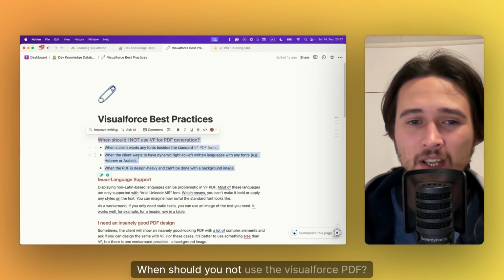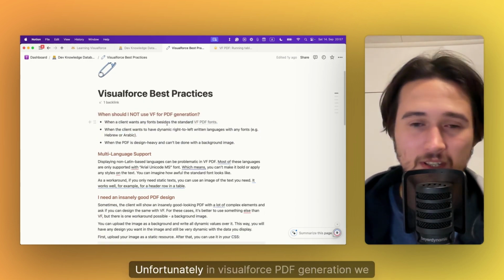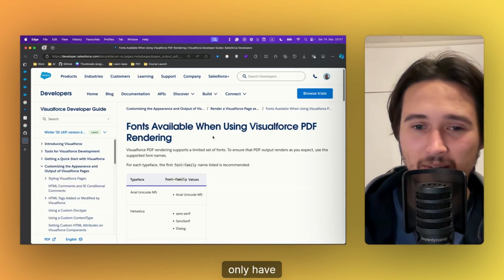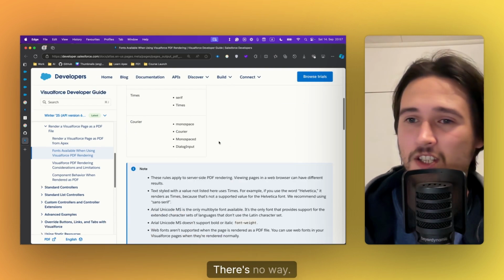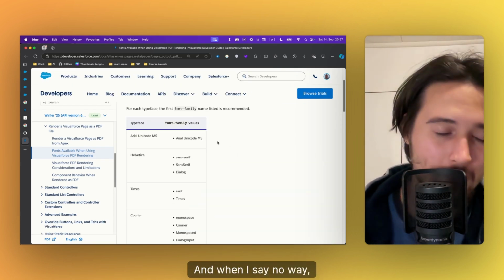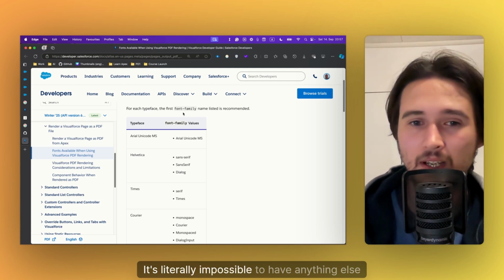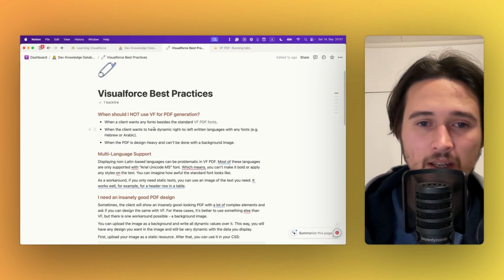When should you not use the Visualforce PDF? You can already read it: unfortunately, in Visualforce PDF generation, we only have those fonts. That's it. There's no way, and when I say no way, it's literally impossible to have anything else than those fonts, okay? So